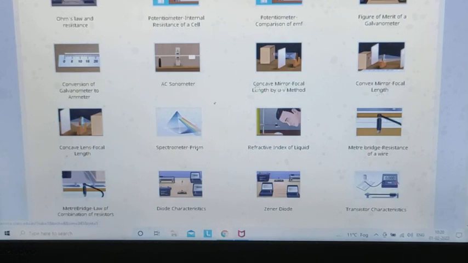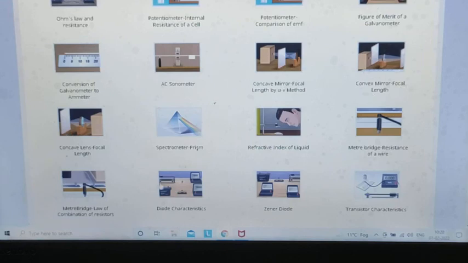As we are not studying mirrors here, I have given you the method for concave lens focal length, but using the same method you can also calculate the focal length of a concave mirror and a convex mirror. So just try it by yourself.